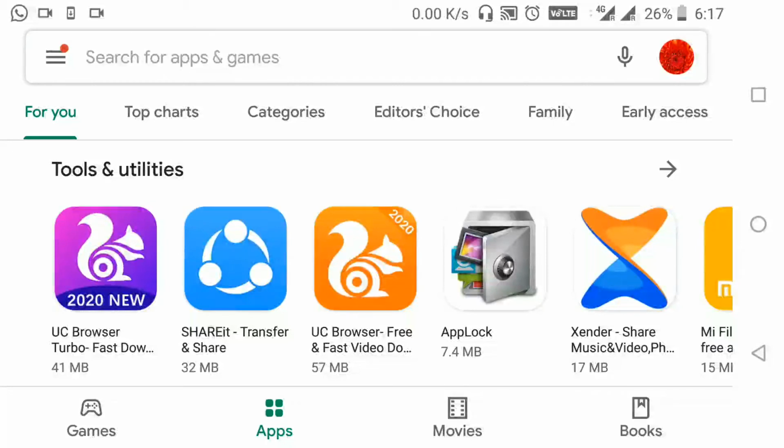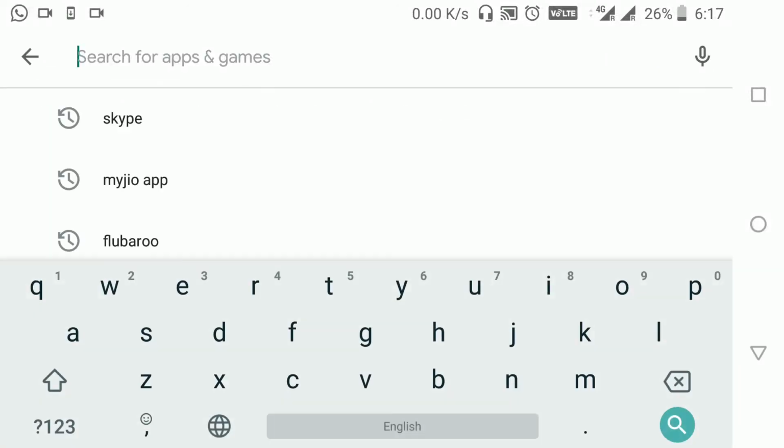As you all know, because of the rumors going on through the internet about the Zoom app, it is difficult nowadays to use the Zoom app for online classes. So, today I am going to explain an alternative to the Zoom app, and this alternative is Skype. So, let's start with downloading Skype on your mobile phone.